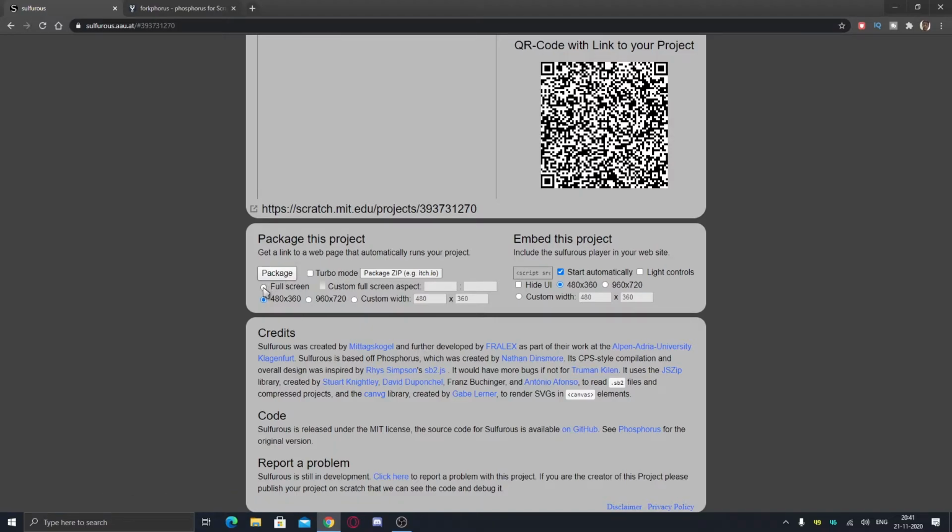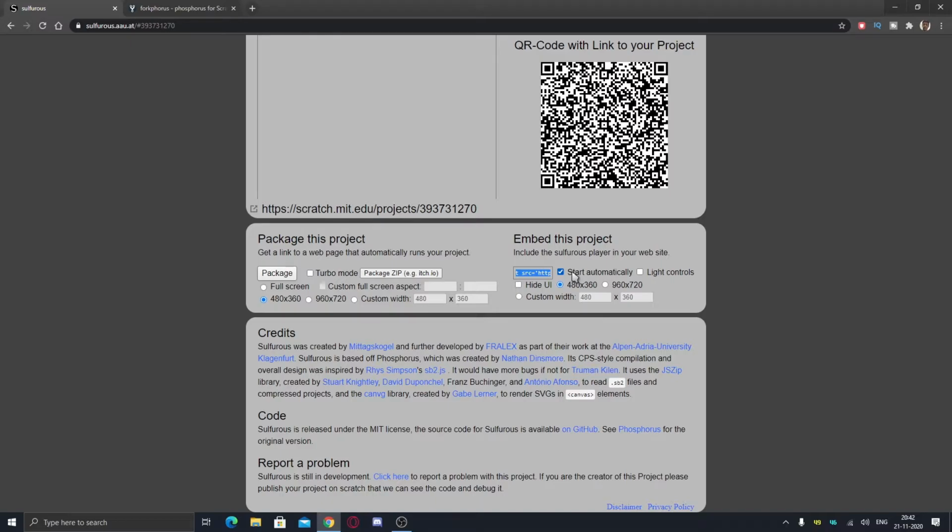If you want it full screen, you can click on this. It means that it will run in full screen. It has the option of going full screen. It won't stretch out to your monitor. Then we have the resolution. You can change it to get a better quality. Then we have embed project. Here you can use this to embed your project into your original website and make it run faster.